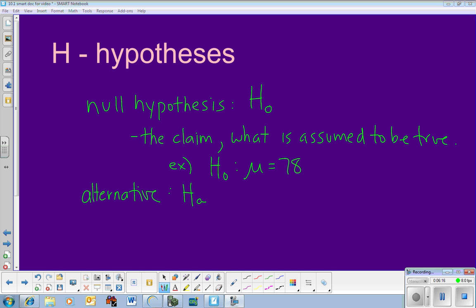It can be one-sided, such as, let me use a,